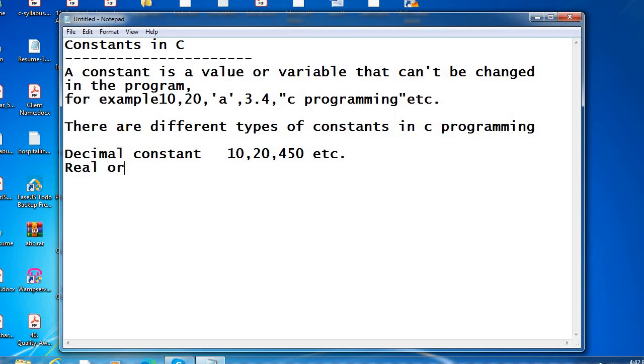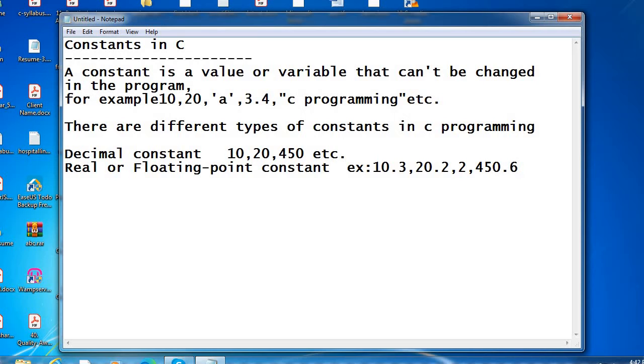Real or floating point. For this, the examples will be 10.3, 20.2, 2, and 450.6, like this.